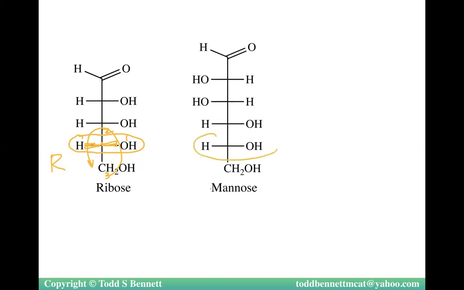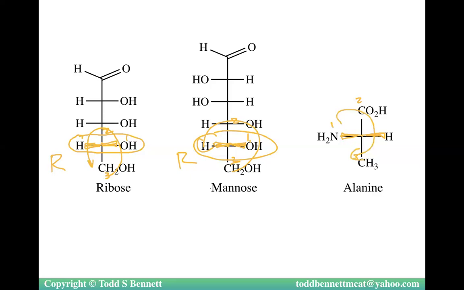Mannose, the same designation, and the same priority, 1, 2, 3, but it gets reversed to R. And alanine, so again, these are here. Priority 1, I would say, is N. Priority 2 is carbon with lots of O's. Priority 3, because H is in front, it's an S. You're either a doctor or you lose. So they call that D-ribose,